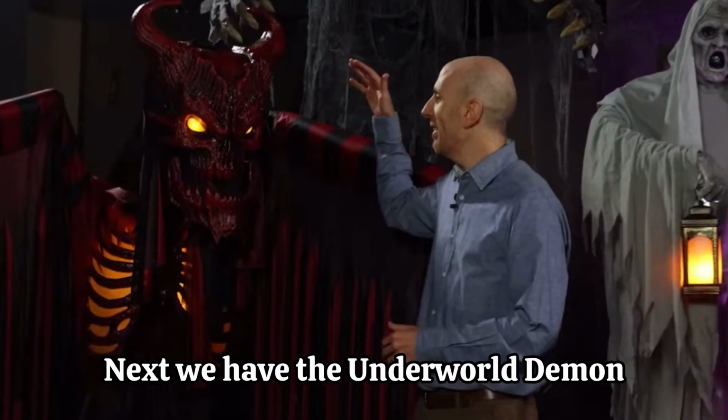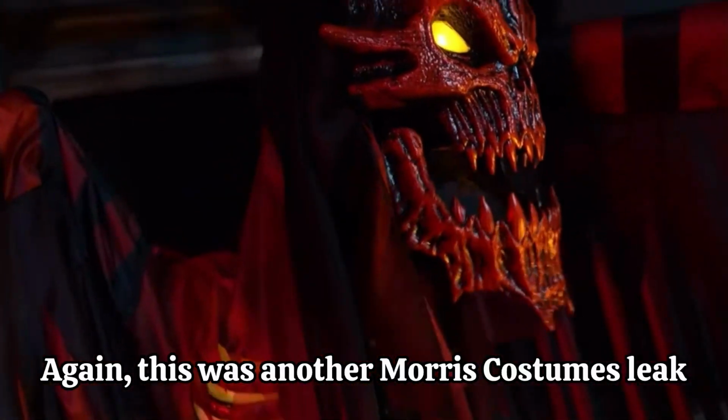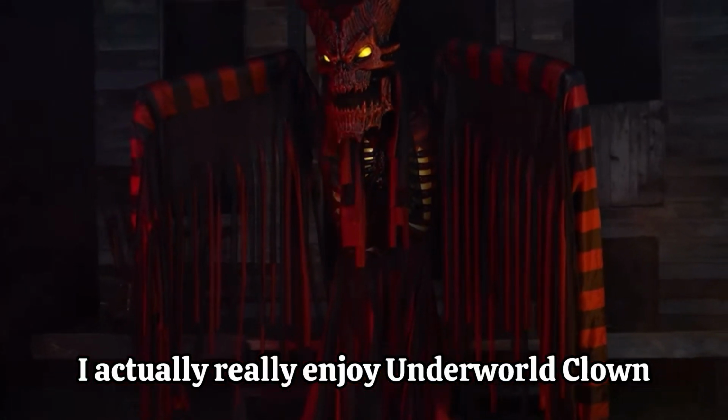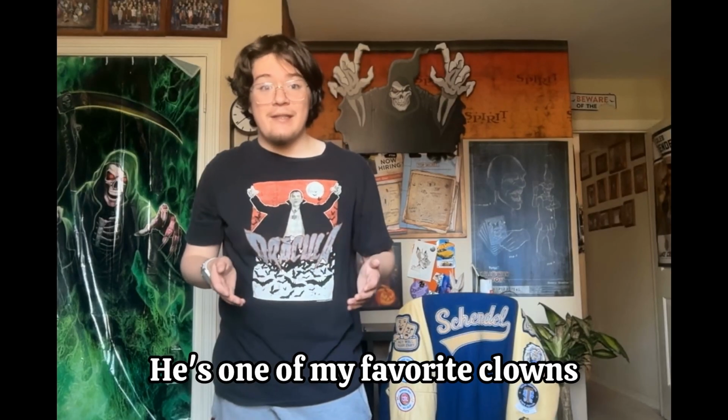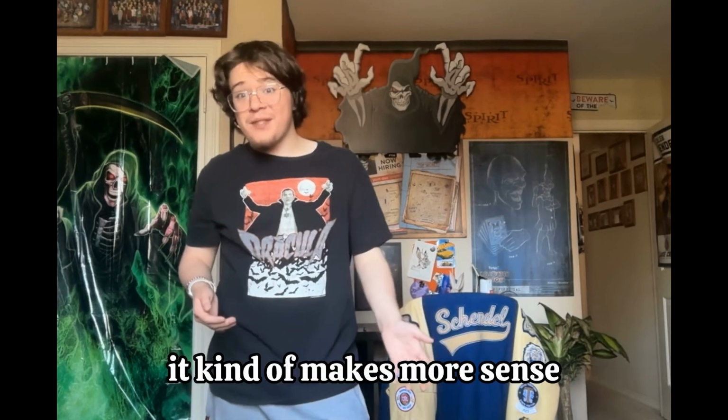Next we have the Underworld Demon. Again, this was another Morris Costumes leak. I actually really enjoy Underworld Clown. He's one of my favorite clowns. Seeing an Underworld Demon instead of a clown, it kind of makes more sense,